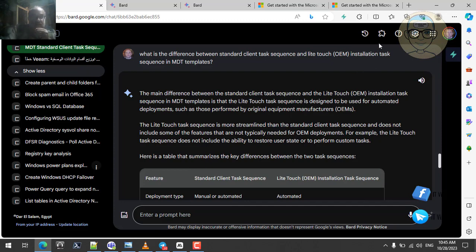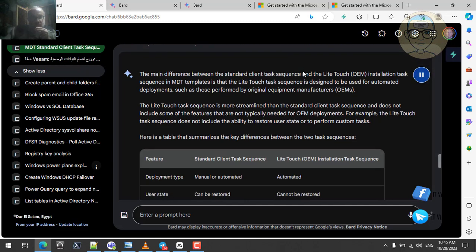Now we can go and ask him this question and tell him to verify. Ask us or tell us what is the difference. The main difference between the standard client task sequence and the light touch OEM installation task sequence in MDT templates